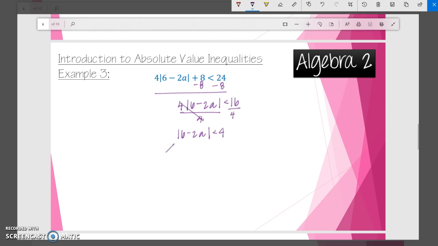Then here I'll go ahead and break that up into 2 separate inequalities. I'll have 6 minus 2a is less than positive 4. And 6 minus 2a is